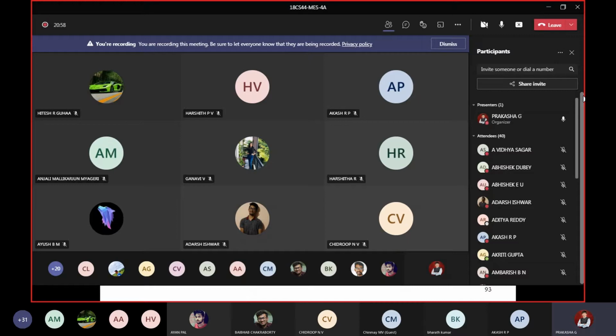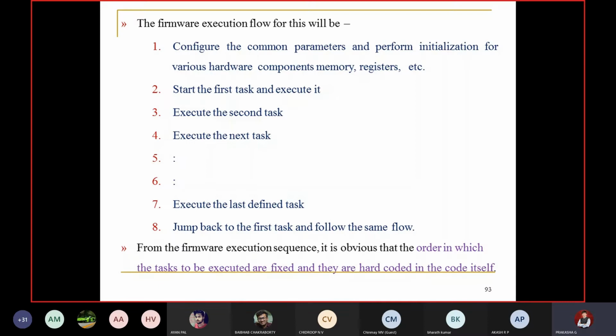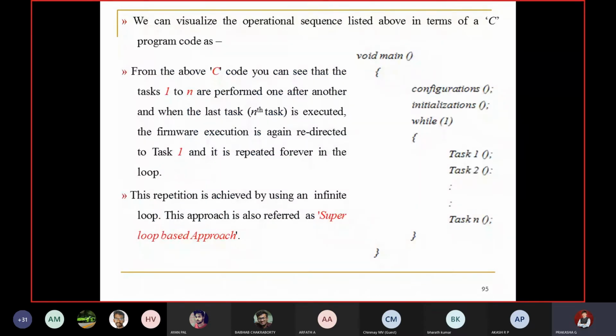Super loop model, I'm going ahead. This is how it is going to be executed. It executes one after the other, in a series, in a sequential manner. We can visualize the operational sequence listed above in terms of C programming code. That's what I told you before coming to this slide, how exactly a super loop model is going to work.